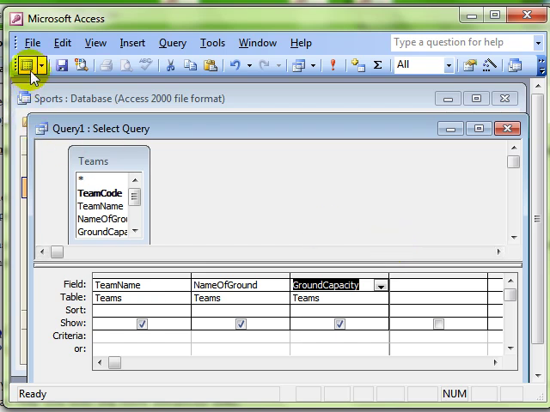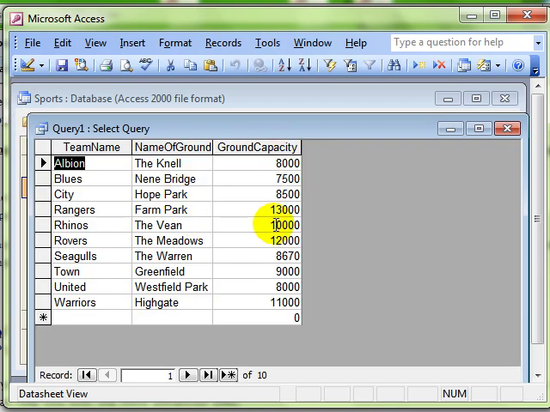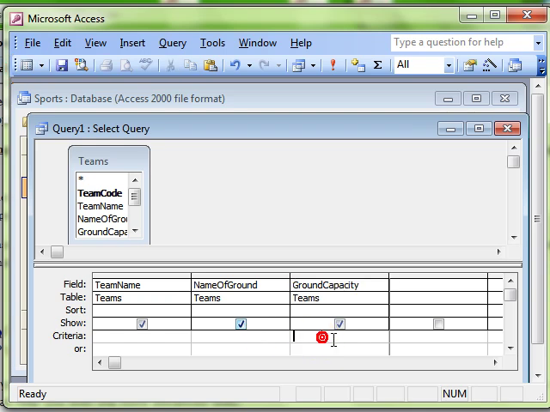Check your data. That looks okay. Get a feel for what the data is. We've got ground capacities between about 7,000 and 12,000, 13,000. Okay, so we can use that information. Let's add a parameter query. Remember, we use square brackets. Please enter